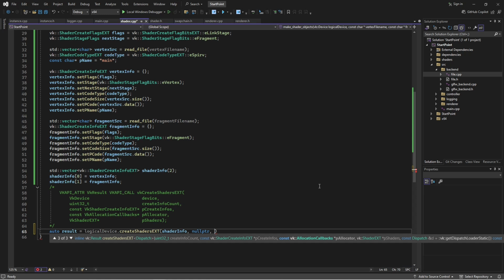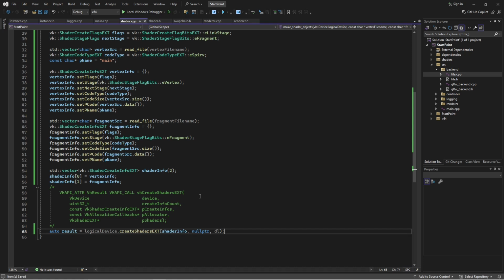And that's a problem because this is an extension. It's loaded externally. It's not a part of core Vulkan, which means that if we just leave the default value here, it'll go fine. It can compile, but then it will say, hey, we looked under the hood at the static dispatch loader and we just couldn't find that thing. So what I'll do is I'll just pass in the dynamic loader